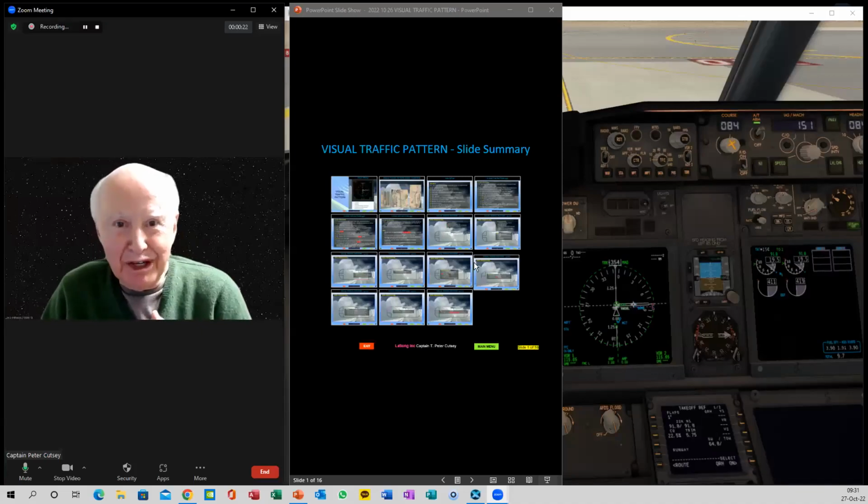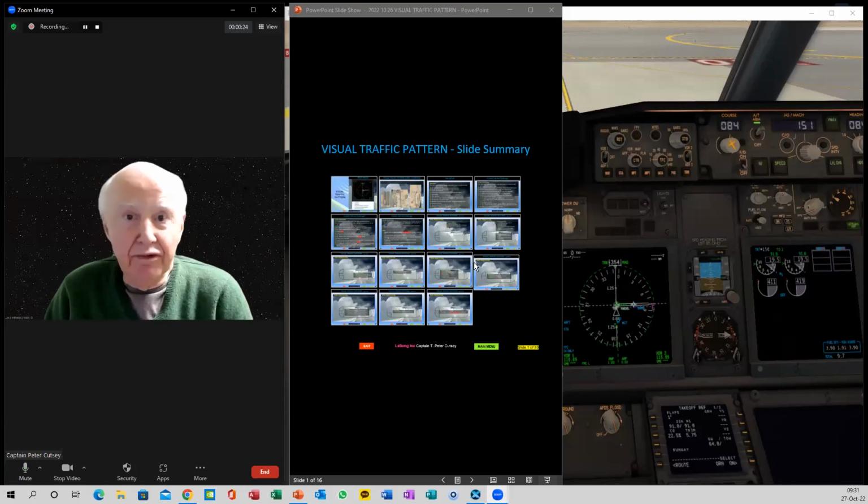Captain Peter Cutsey with part 4 of the visual traffic pattern. Now remember, this is one of the most difficult maneuvers to fly, but also very satisfying and done at the